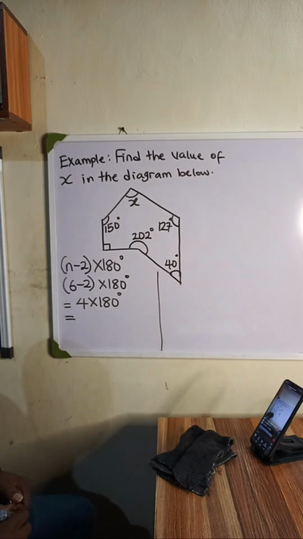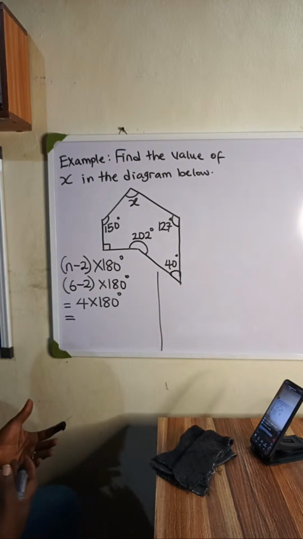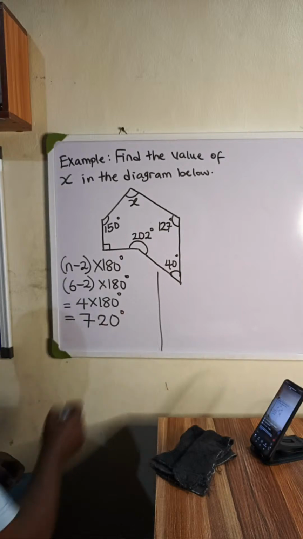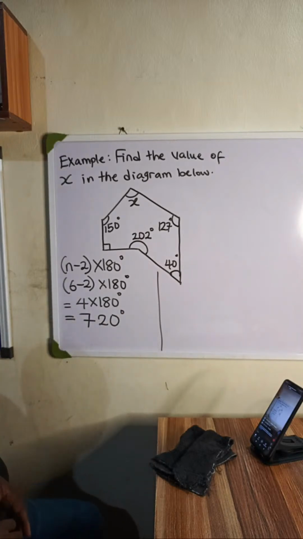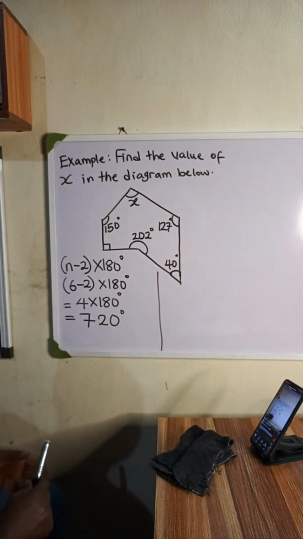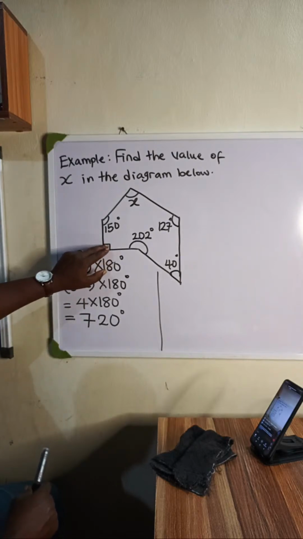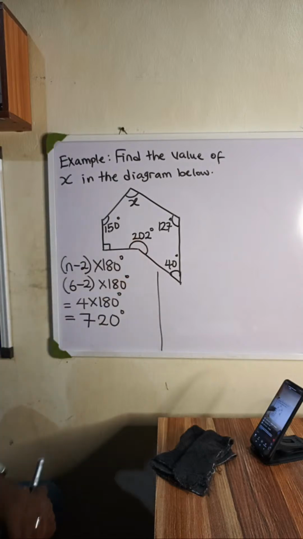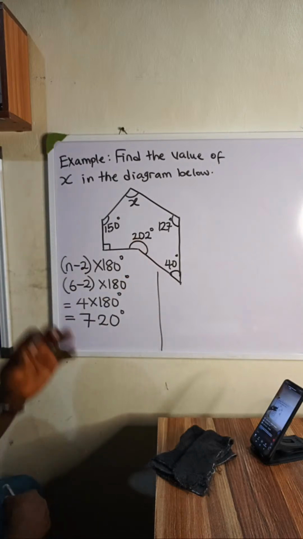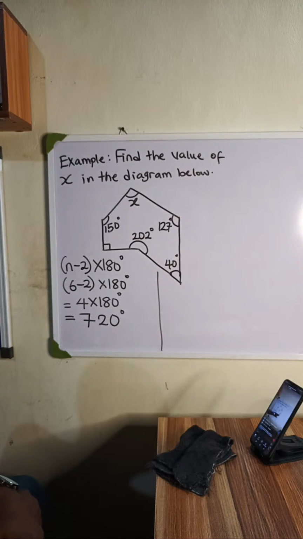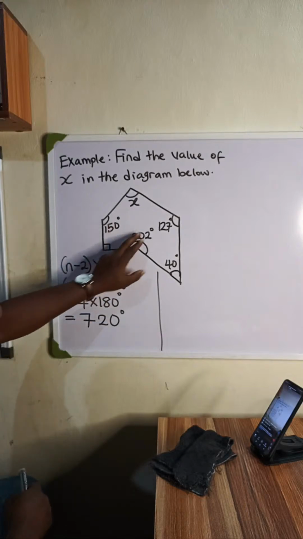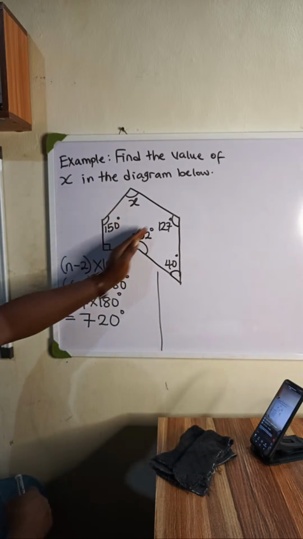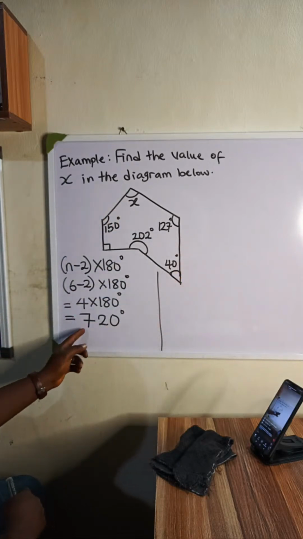That means the sum of angles in this hexagon is 720 degrees. This means that if we add this angle, this angle, this angle, this angle, this angle, and this angle, we're expected to have 720 degrees. So if we know all these angles, we can simply find this angle by adding these ones up and subtracting it from